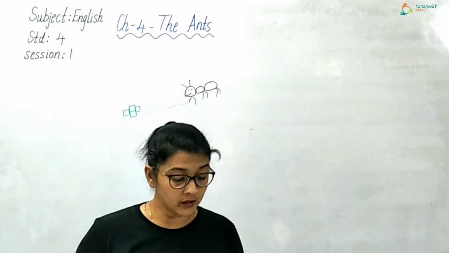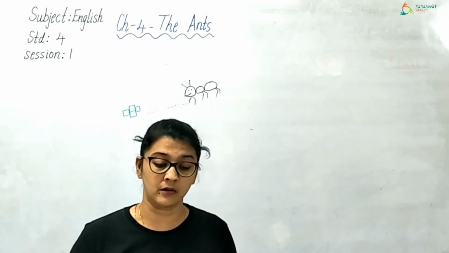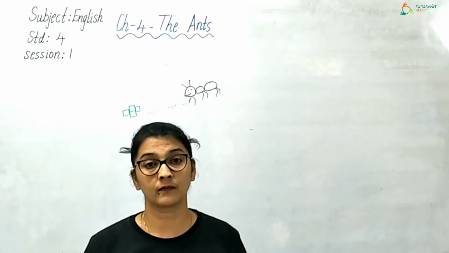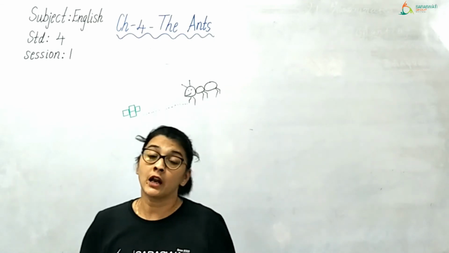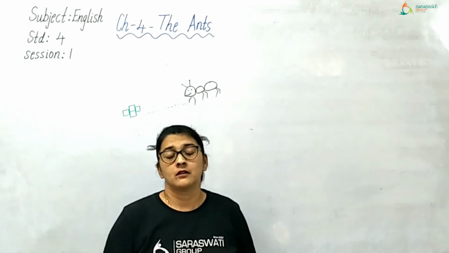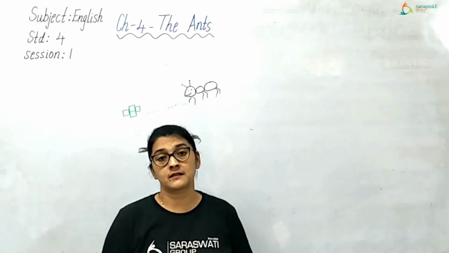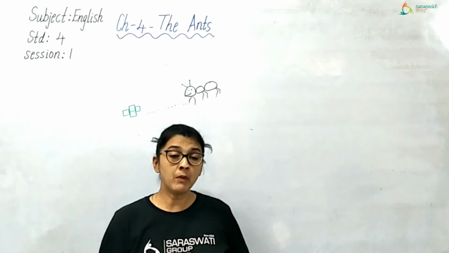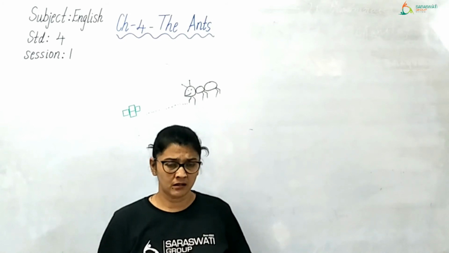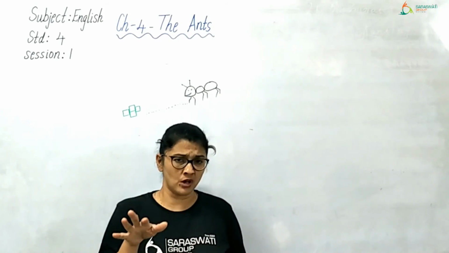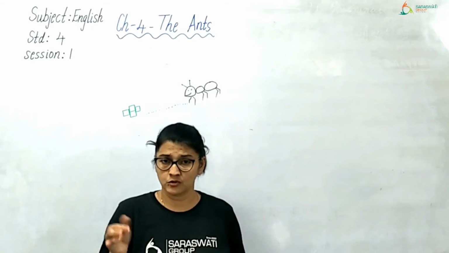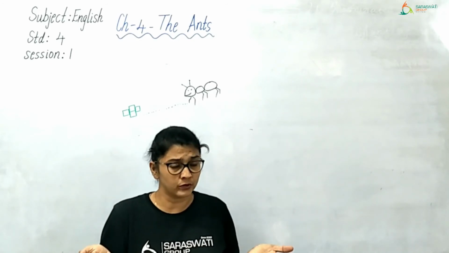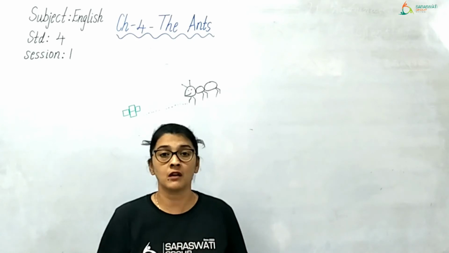For often it happens that children appear as cross as the ant every bit. Now what happens? Just imagine if we are in a class and one of our friends needs help somewhere. But what do we say? You do your work. I am not going to help you. I have so much work to do. So I will do my own work. You do your own work. This is the way we behave in the class.